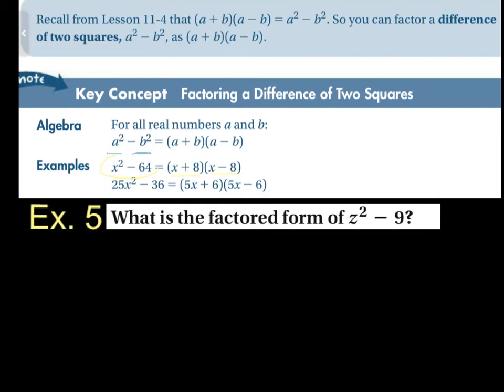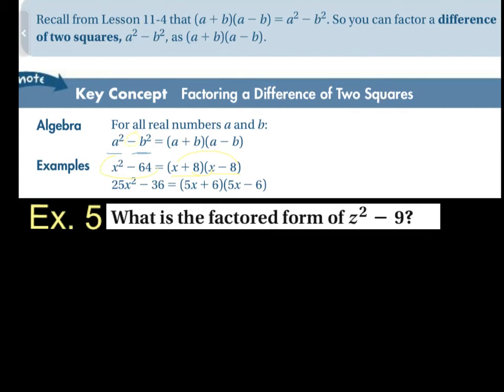Because what happens is the minus 8x and the plus 8x that we would get in the middle of our FOIL, they fall out. So we're left with no x term. All we have is the squared and the constant. So we're always looking, if there's just two terms and it is a subtraction, are both of those terms